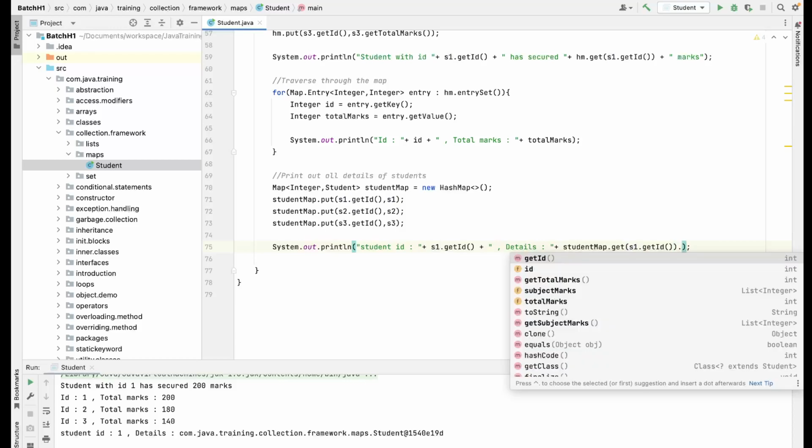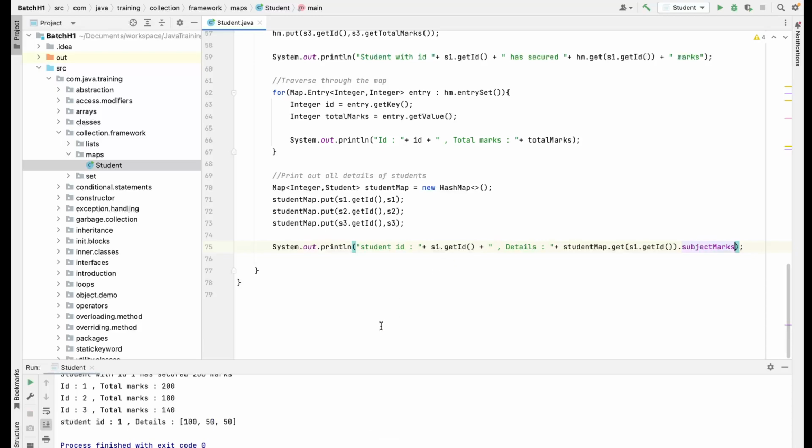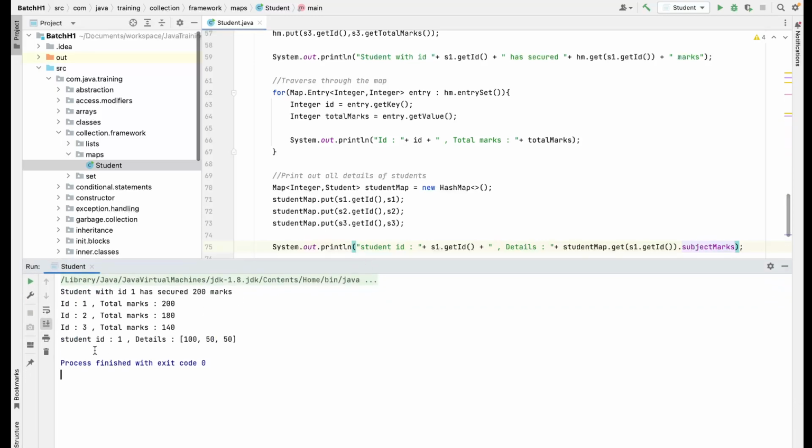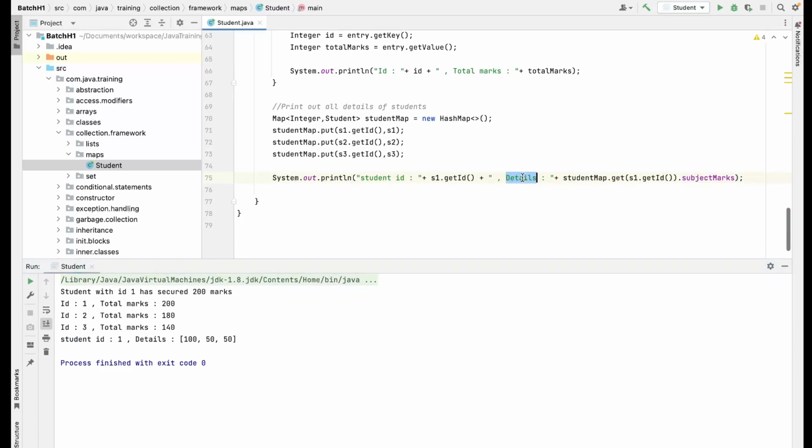You can fetch anything, like get total marks, or get subject marks, and then we will try to print this out. So see, we are able to fetch student with id 1 details, or you can say subject marks, and then you can also try to print out